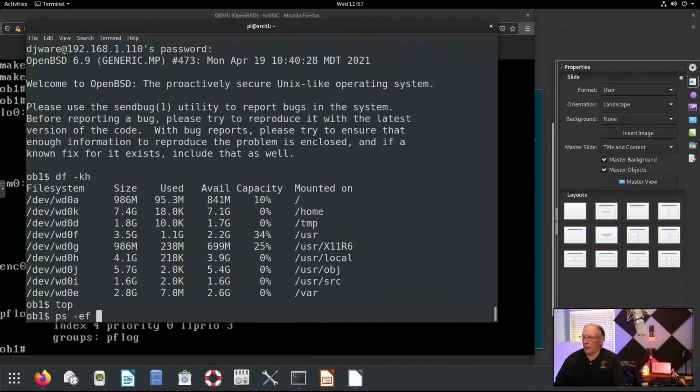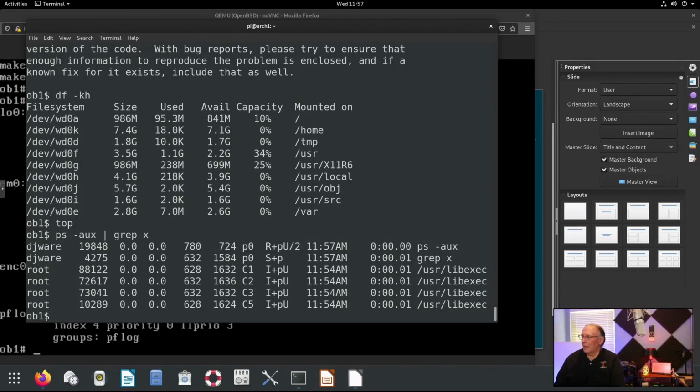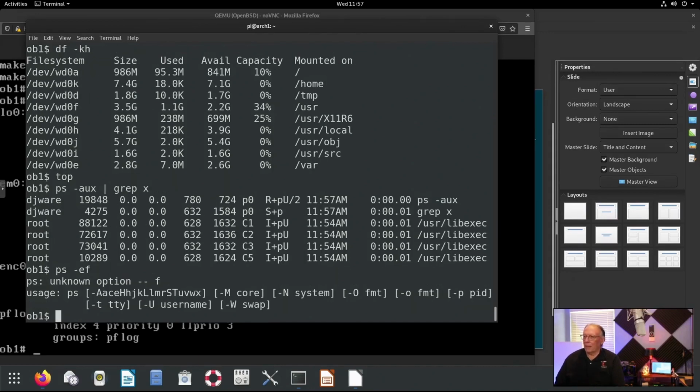Let's see. No, not EF, AUX. Yeah, there's no X windows running. So it's light because there isn't a manager up and running, but there are some system services up, like SSHD. PS minus EF, I think, will come back with an error. Yep, it doesn't know what to do with that.